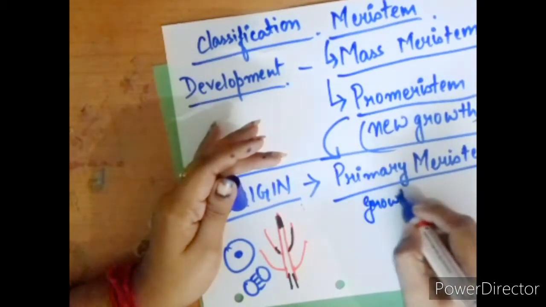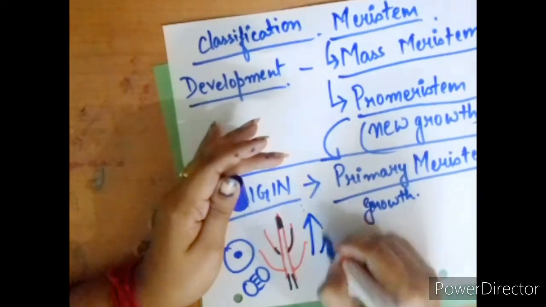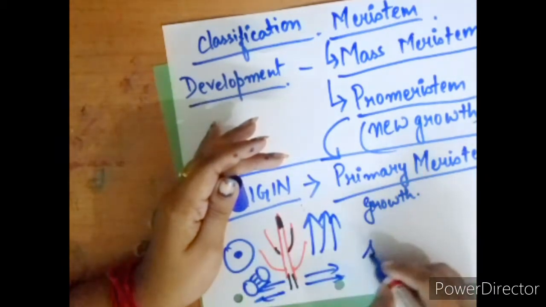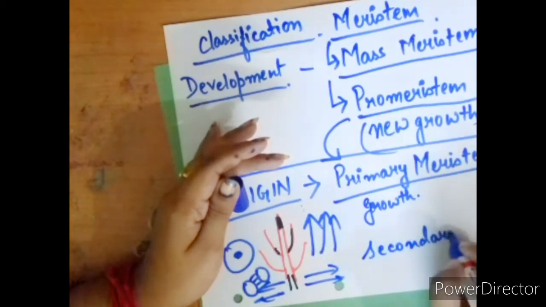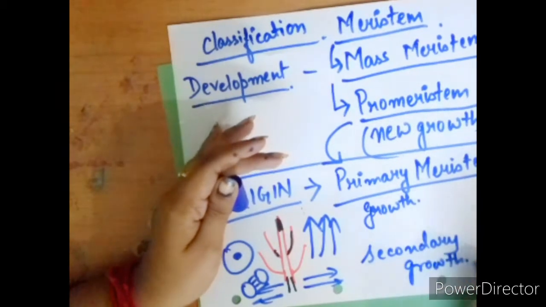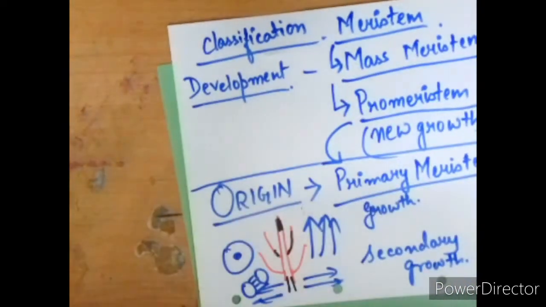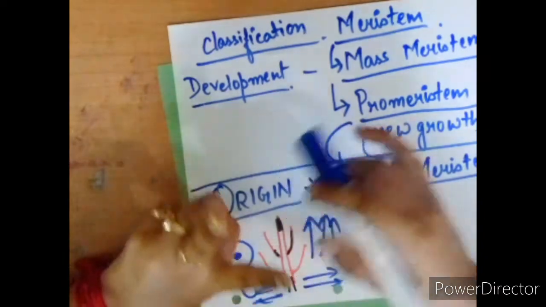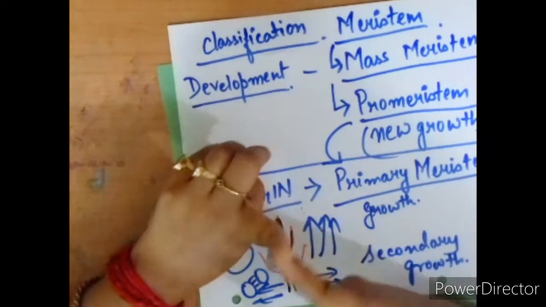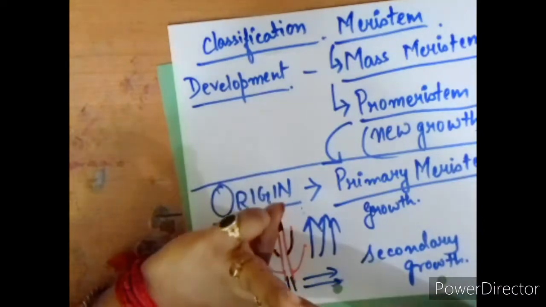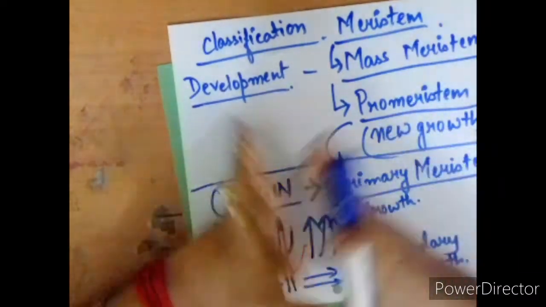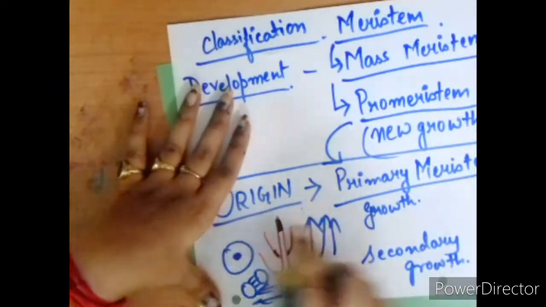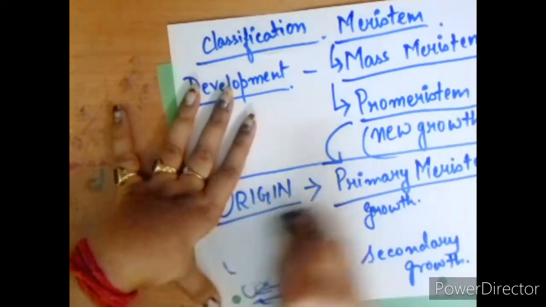So there is primary growth when the plant is developing lengthwise, but when it is developing breadthwise, we say it is secondary growth. Is it clear to you now? So what I have said is that according to the origin of the meristem, we have one meristem, that is the primary meristem. It takes care of the apical meristem, intercalary meristem, and intravascular meristem. From primary meristem only these things originate. Now apical meristem and intercalary meristem mainly deal with the primary growth.